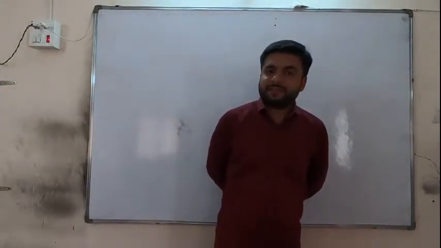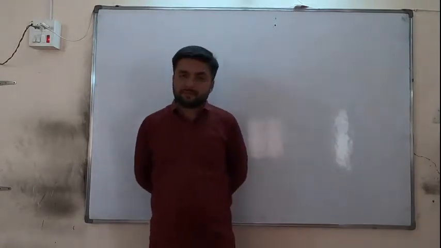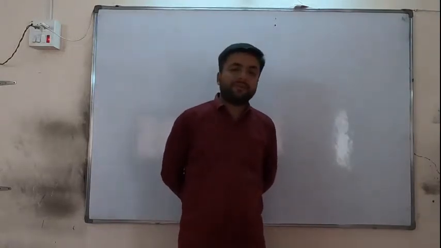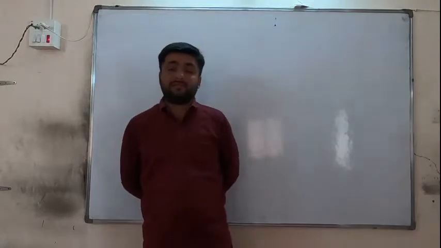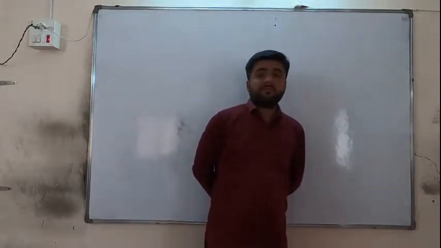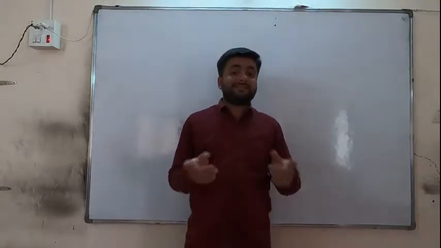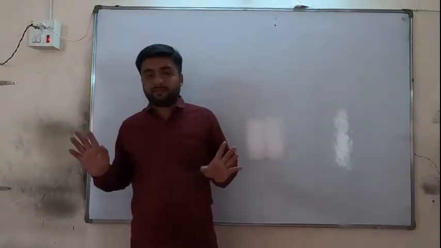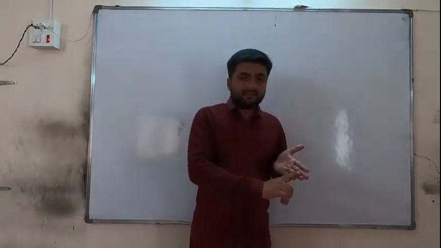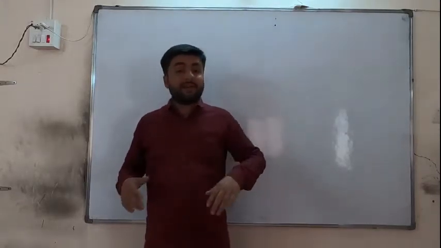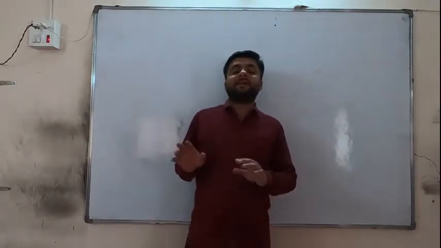Hello friends, in our previous lecture we have completed two sums for cash and bank columnar cash book. There were two sums and both the sums were solved yesterday. Now today we are going to see the last subtype of two columnar cash book. We have already seen cash and discount and we have seen cash and bank. Now we are left with the third type, that is bank and discount.